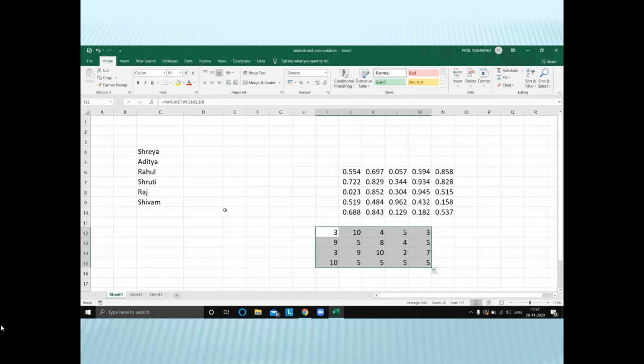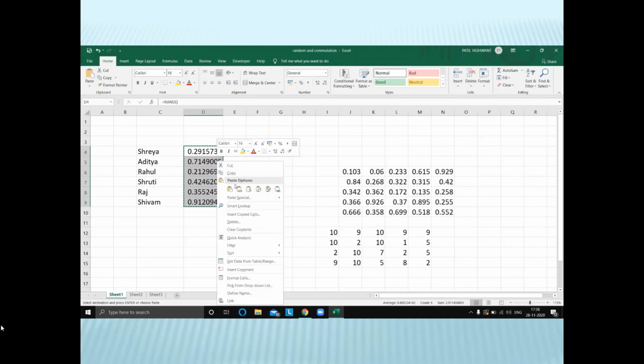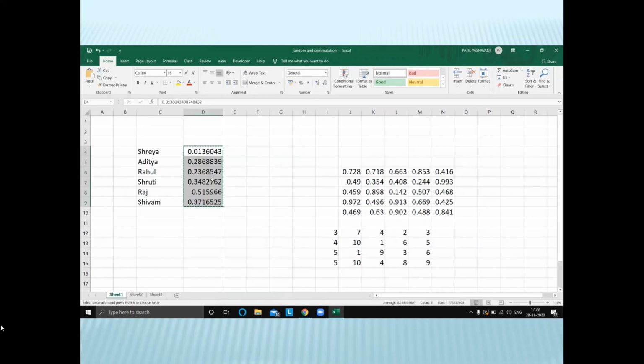Well, let's say you had a presentation order of students in a class or some order that you want to randomly assign. You can go in here and type equal to RAND to assign any random number, and then you can drag it down. So I want to make these numbers permanent. So I am going to right click and then copy, and I am just going to paste special, so I have the values.